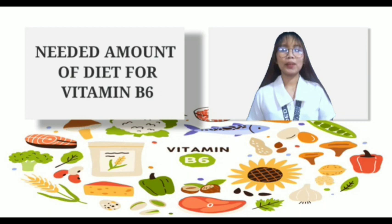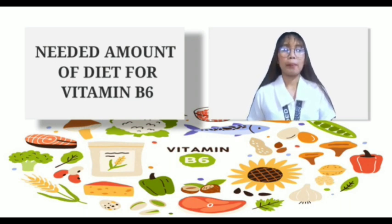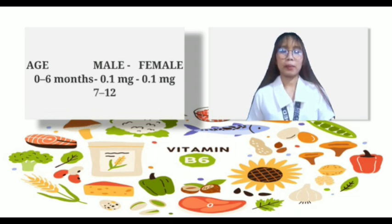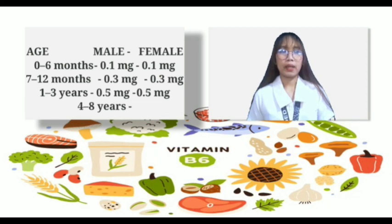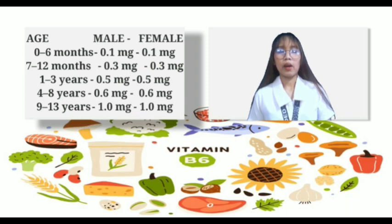A number of factors will affect a person's daily requirement for vitamin B6 because it impacts several aspects of a person's metabolism. According to the ODS, a trusted source, the recommended dietary allowances or RDA for vitamin B6 are: at the age of 0 to 6 months, 0.1 mg both male and female; 7 to 12 months, 0.3 mg both male and female; 1 to 3 years old, 0.5 mg both male and female; 4 to 8 years old, 0.6 mg both male and female;